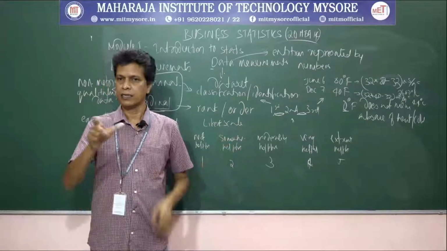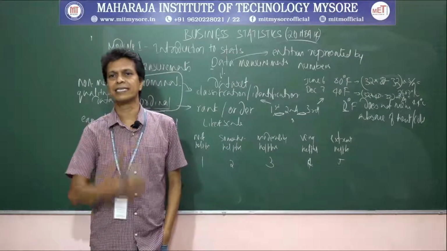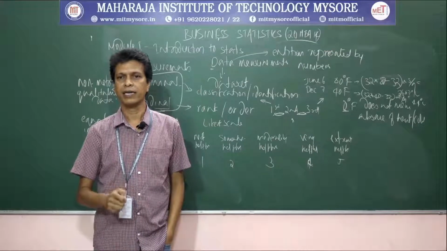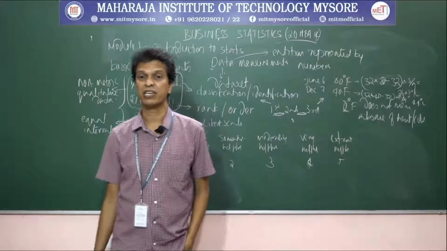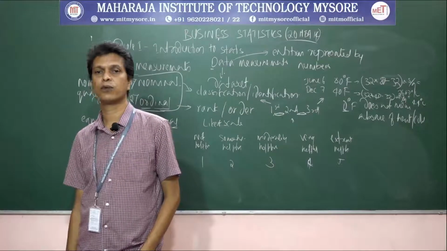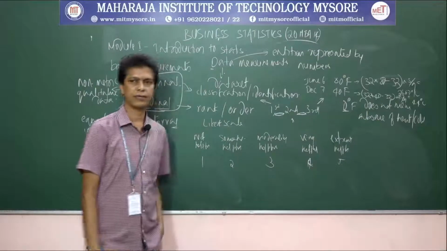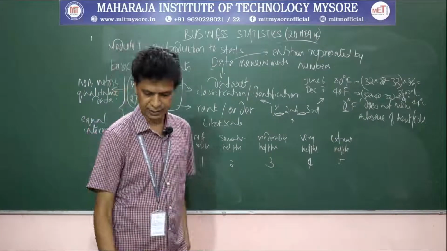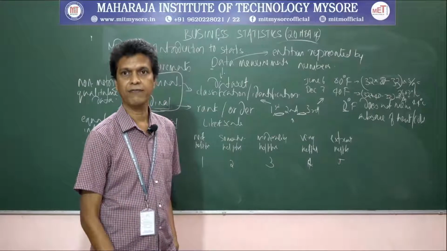We cannot infer that, because we don't have a fixed 0. Here the 0 is arbitrary. The 0 point is a matter of convention or convenience, and not a natural or fixed 0 point. 0 is just another point on the scale and does not mean the absence of the phenomena. It will never say 0 means the absence of the phenomena.